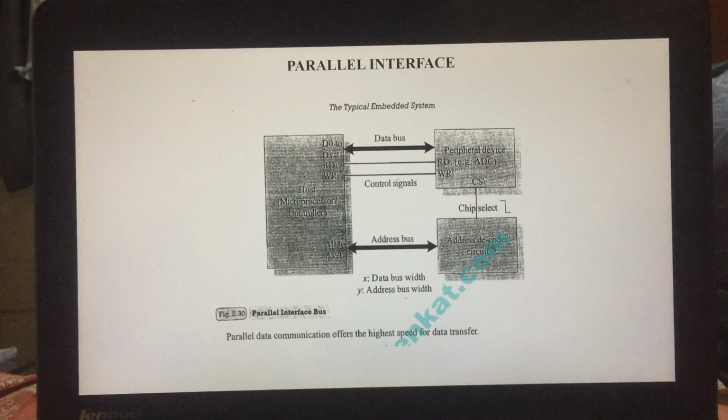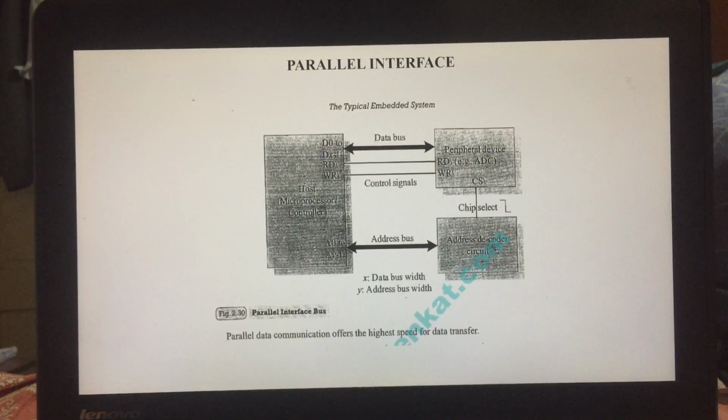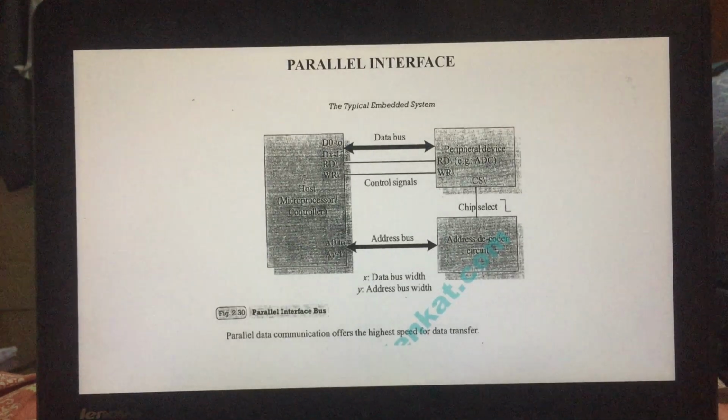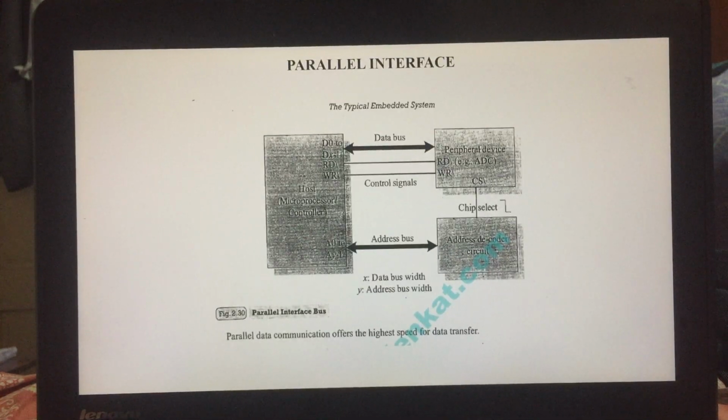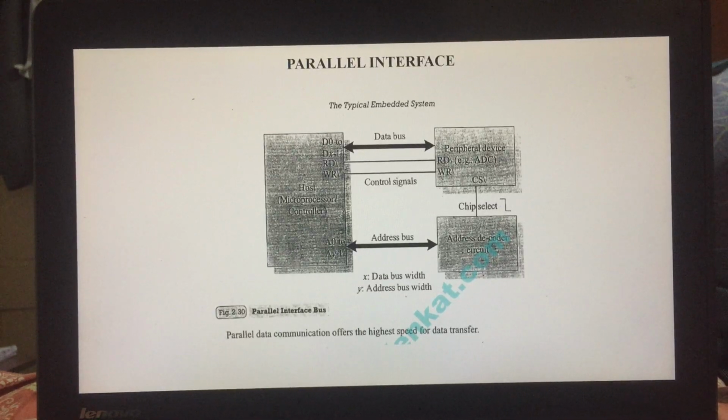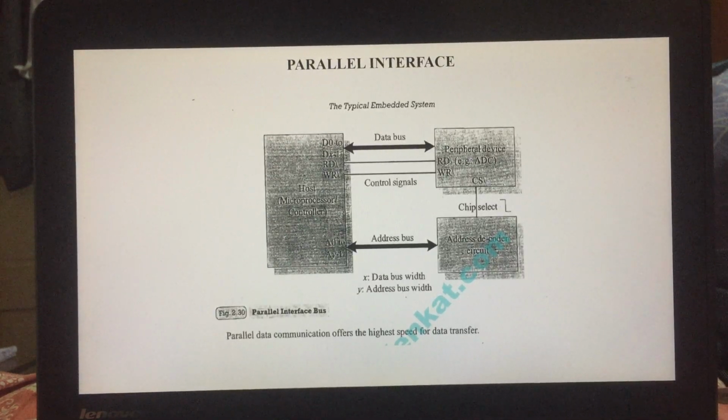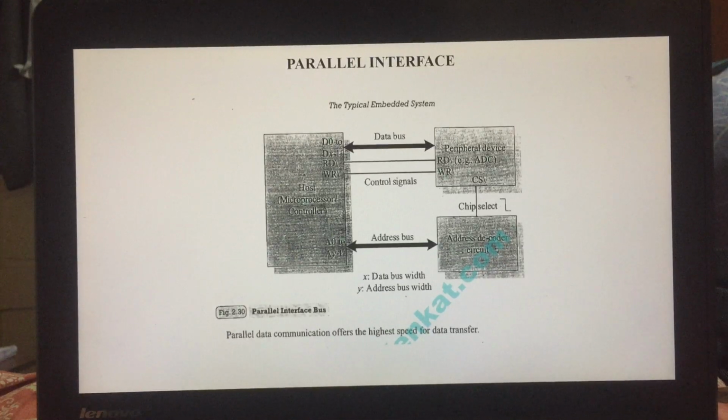Figure shows the interfacing of devices through parallel interface. It has a host. Host is either microprocessor or controller. It has one peripheral device and it has an address decoder circuit. Onboard devices means devices present on the board. The onboard parallel interface is normally used for communicating with peripheral devices which are memory mapped to the host of the system. Peripheral devices are memory mapped to the host means both peripheral device and host share the same memory.